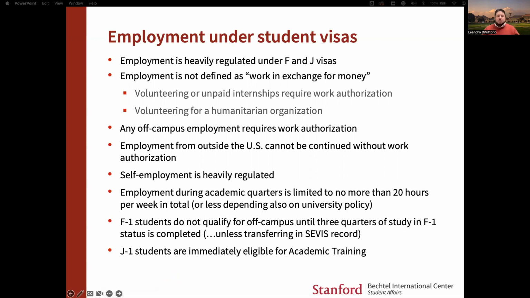F1 students do not qualify for off-campus employment until they have 3 quarters in the US. That means if you started your program in fall, you are not eligible to do any type of off-campus work authorization until at least the summer of the first year. That means you have to complete fall, winter, and spring before you're eligible to work off-campus, unless your record was